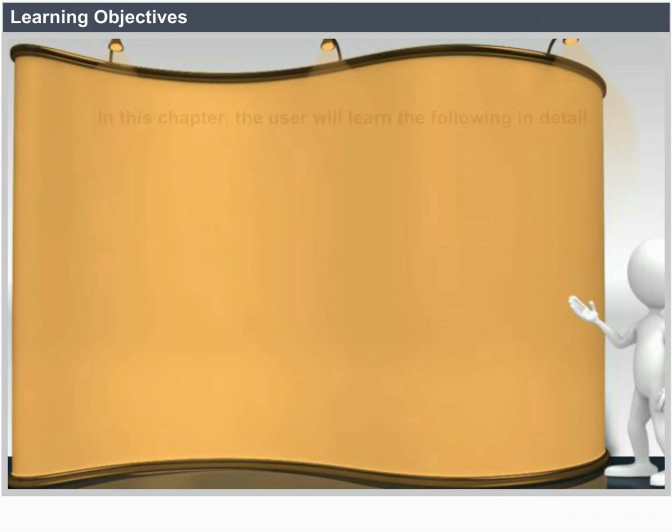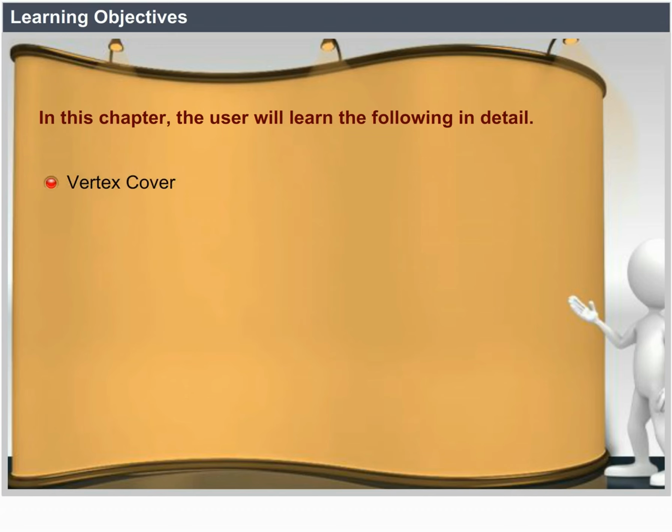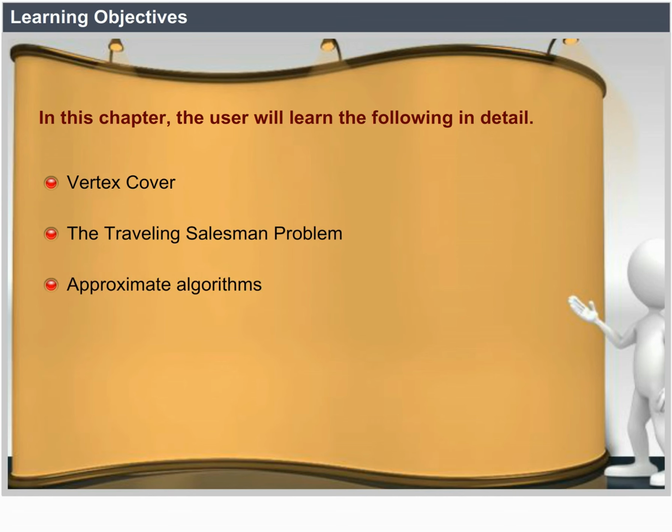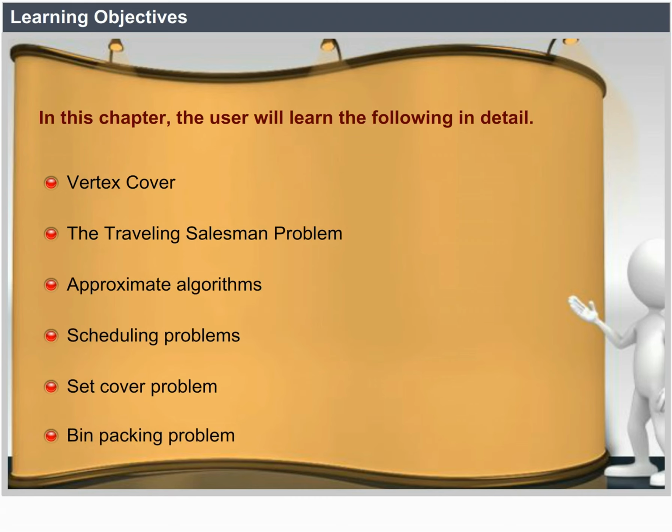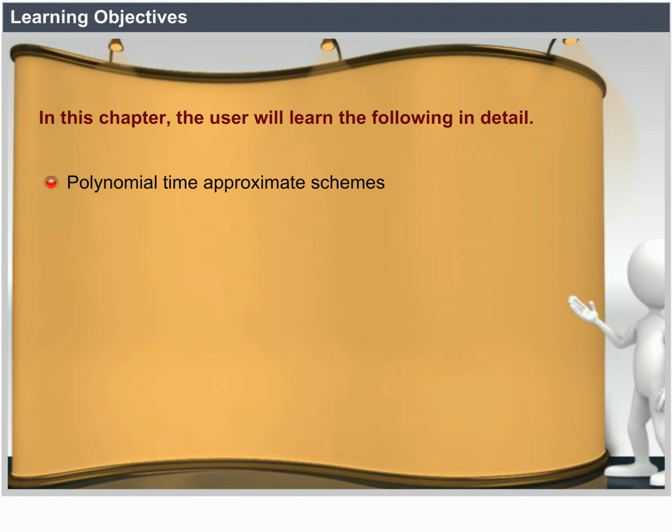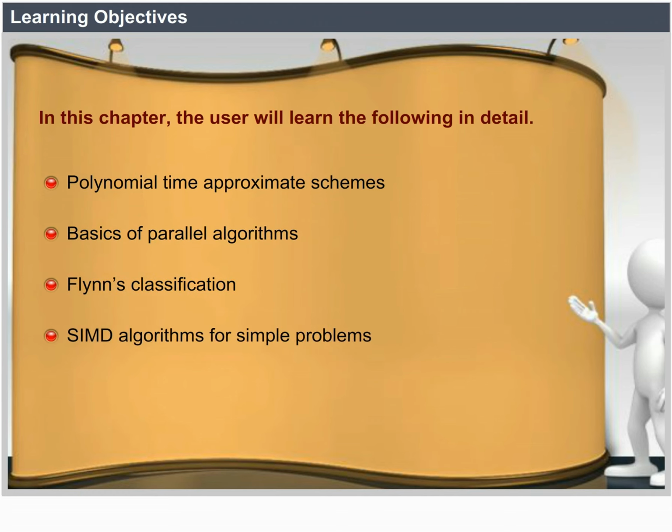Learning objectives. In this chapter, the user will learn the following in detail. Vertex cover, the traveling salesman problem, approximate algorithms, scheduling problems, set cover problem, bin packing problem, polynomial time approximate schemes, basics of parallel algorithms, Flynn's classification, SIMD algorithms for simple problems, list ranking, basics of randomized algorithms,